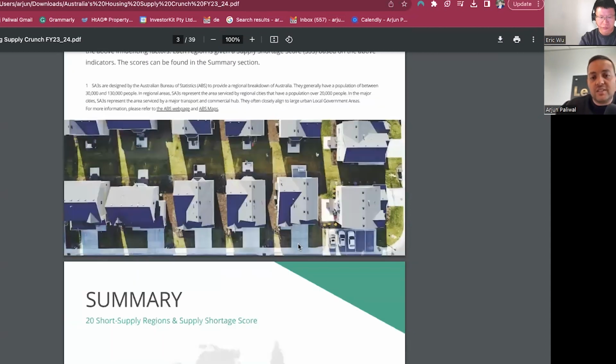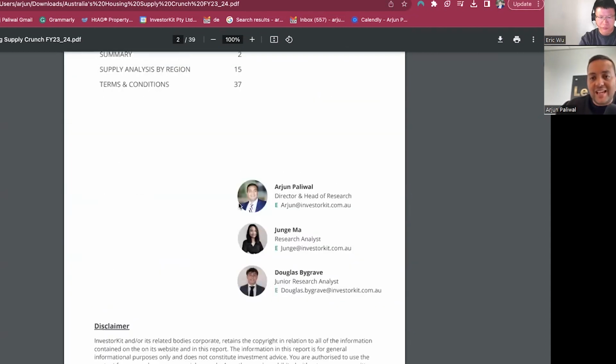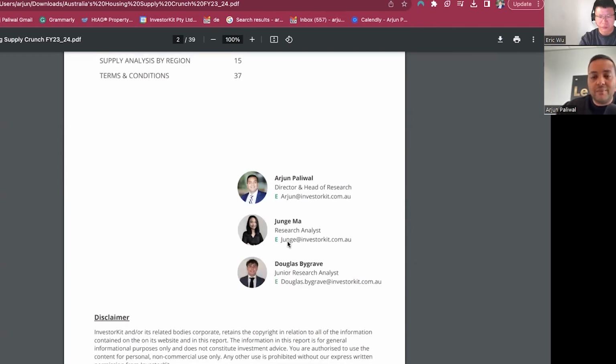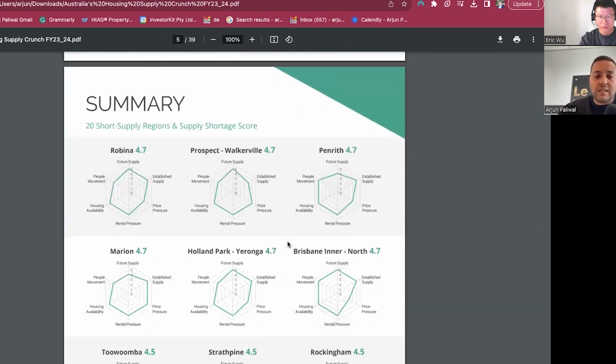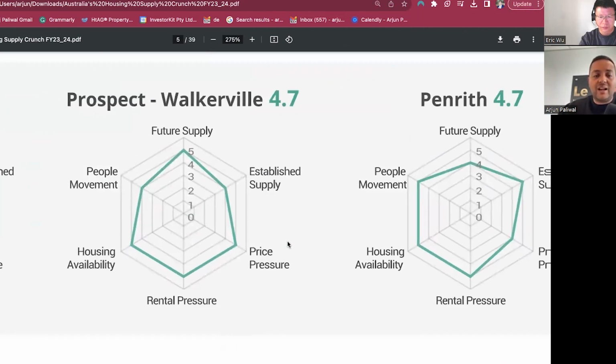Now, when it comes to this, I want to give a bit of a thank you to some of the team in the research space, Douglas and Jung, who've been amazing in putting this together and helping me put this together. But when it comes to measuring the supply, Eric, what we did is we had our spider chart,